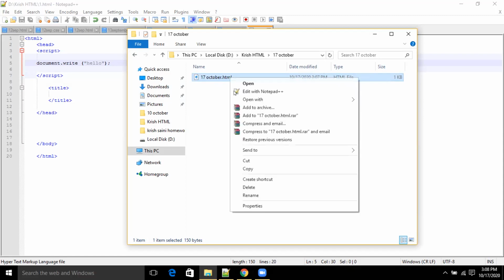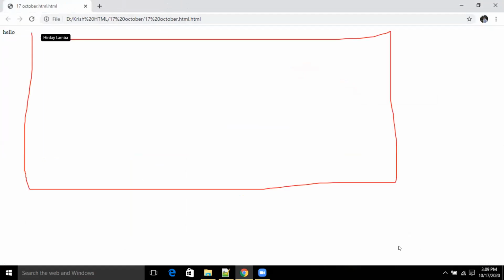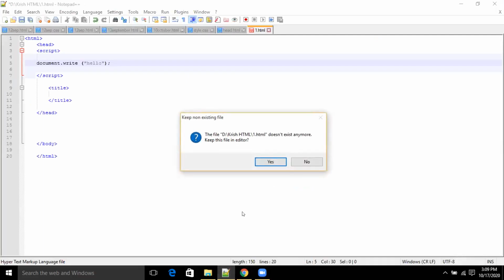Okay, let's open this file. You would have seen that whatever you have written is displayed over here. In our script section, we have said document.write. So this entire thing is a document, and whatever we pass to the write function, whatever is in those two round brackets, is being displayed over here. Can you now go back to your code?